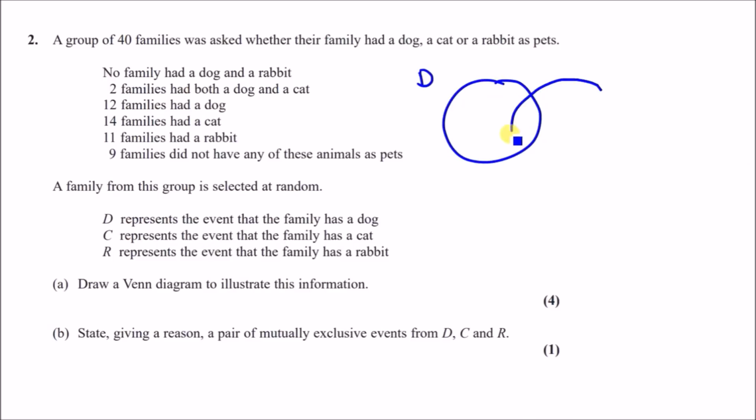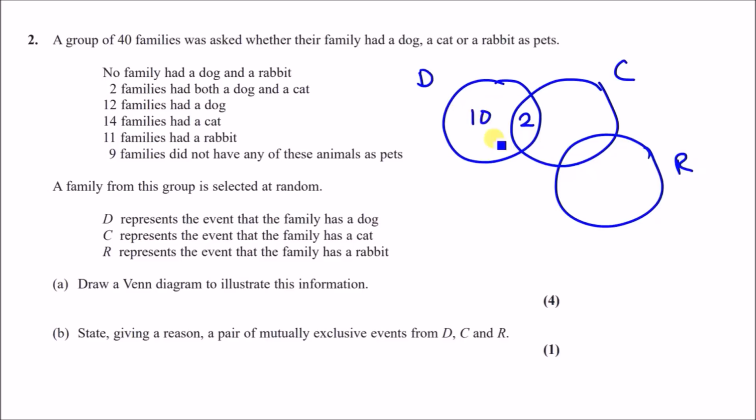Another one for cats, C. But since we know no one had a dog and a rabbit, the next one will be rabbit, R. We gotta make sure that the D and the R circles do not hit each other. So no families had a dog and a rabbit. 2 families had both a dog and a cat, so this would be 2 here. 12 families had a dog, so the total between the D should be 12, so 2 plus 10